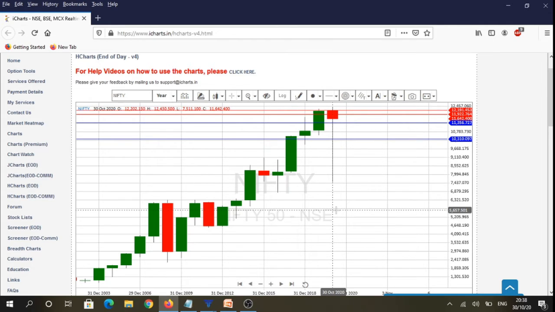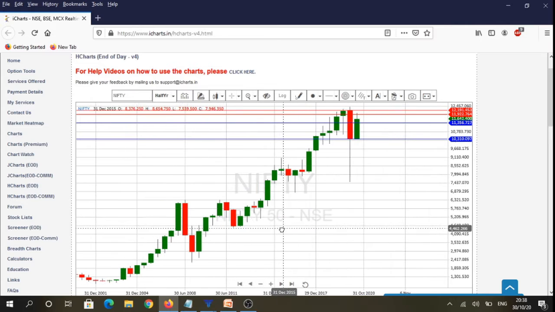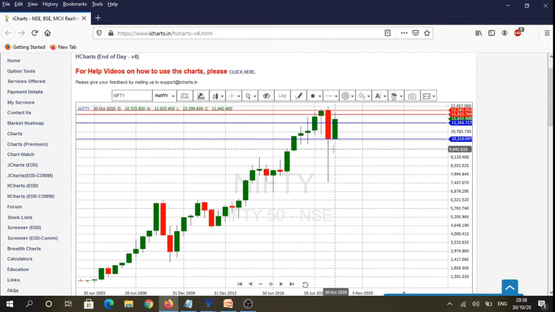So as long as market is below 12,202 level, yearly market participants, they are not buying in the market. That is, below 12,202 levels, market is under control of sellers with respect to yearly time frame participants. And if we see the half yearly time frame, we will see that market is under control of buyers above